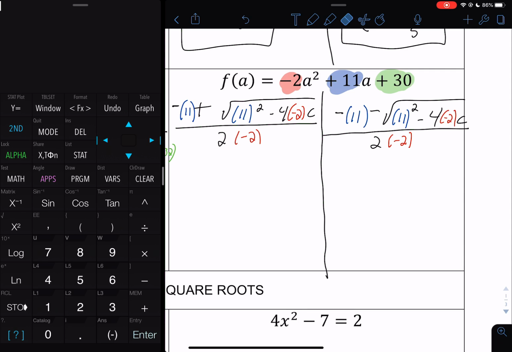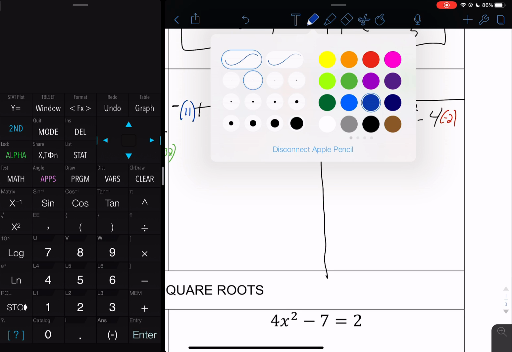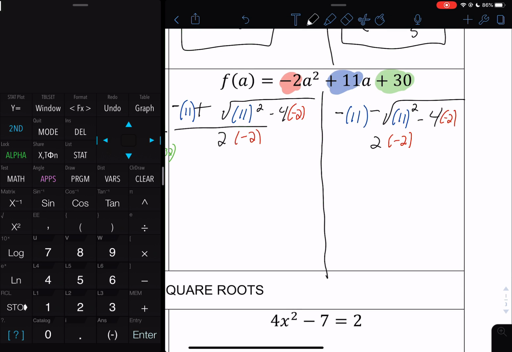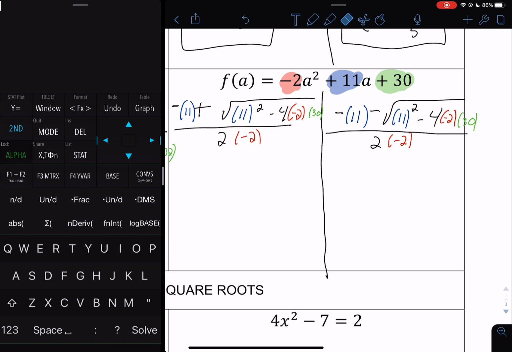And then your eraser again. Eraser C. Oops, it went a little bit too far. I need to keep my fraction there. And we're plugging in 30. And now use your calculator. So again, we'll go with alpha y equal enter,